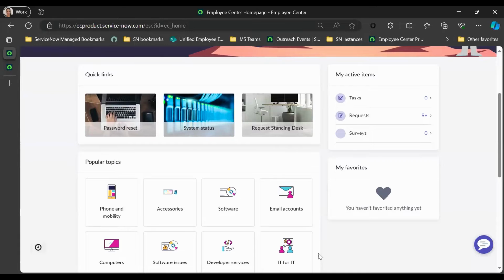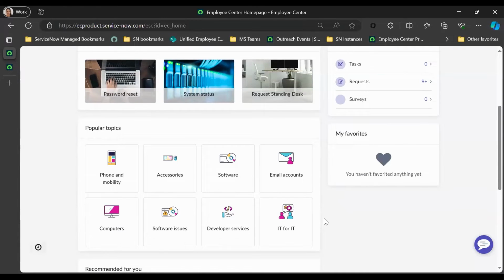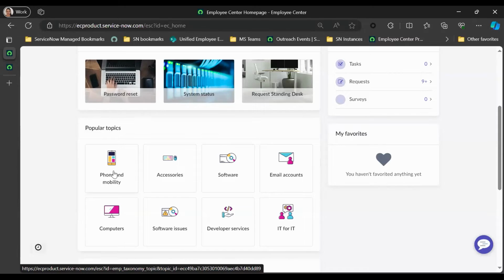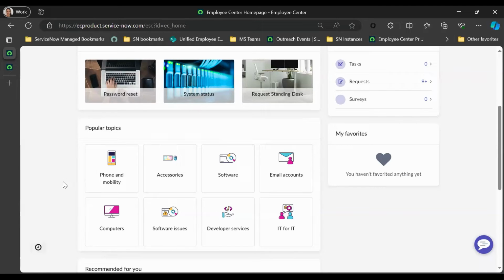Popular topics. This is highlighting what topics peers across the organization are referencing. The popularity is calculated based on the content popularity. So if there are more views on a knowledge article, that is accounting for popularity. The more catalog items are submitted, that is accounting for the popularity of that catalog item. And then the popularity is calculated at a topic level, and that is what is highlighting what is being showcased